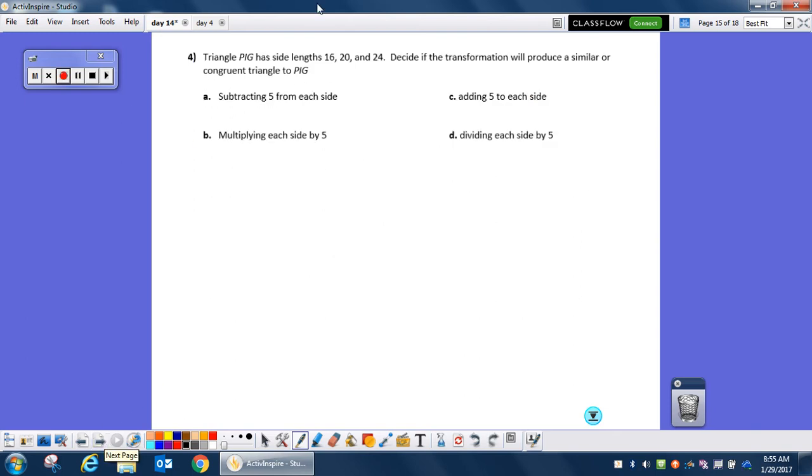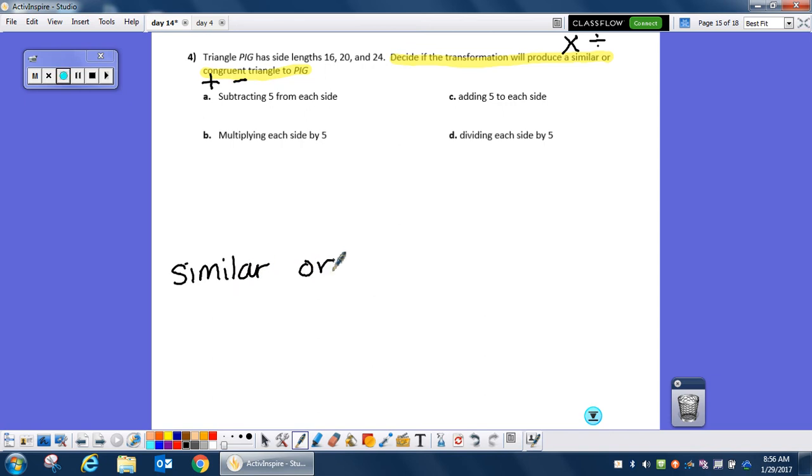All right, so make sure you read this question correctly because a lot of you guys are getting it wrong on your quiz. Triangle PIG has side lengths 16, 20, and 24. Decide if the transformation will produce a similar or congruent triangle to PIG. So similar, remember that's multiplying or dividing. Congruent would be adding or subtracting. So I do not want numbers here. I simply want an answer of similar